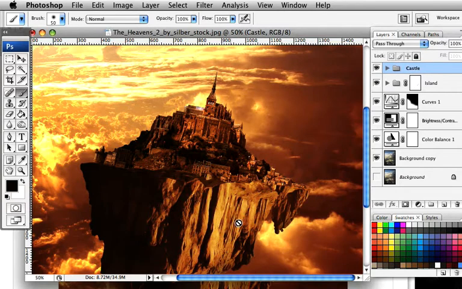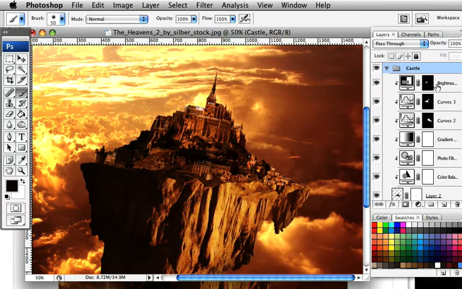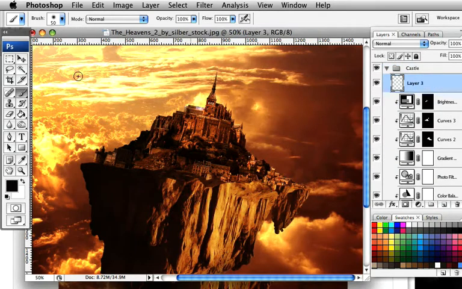Right, next thing that we need to do is, in a new layer, with a black brush, paint over the bottom half of this image here, just to touch up this area. It doesn't quite tie in, I don't think, with the left-hand side. So we need to create a new layer at the top of all of those with a black brush. Just going to paint over